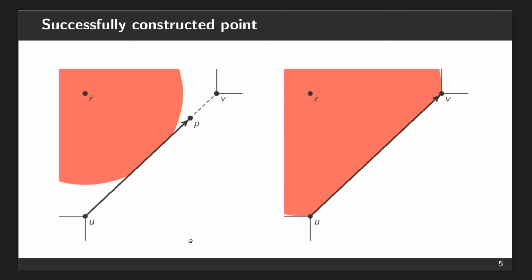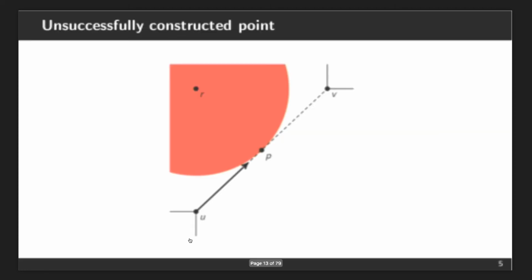Same for the final endpoint V. Maybe it's exactly the same time, but don't worry. We consider the firefighter will be safe because you have a factor of safety to ensure that he will be fine. Okay, here's an example of a point that is not constructed successfully because the fire reached this point P before you constructed it.